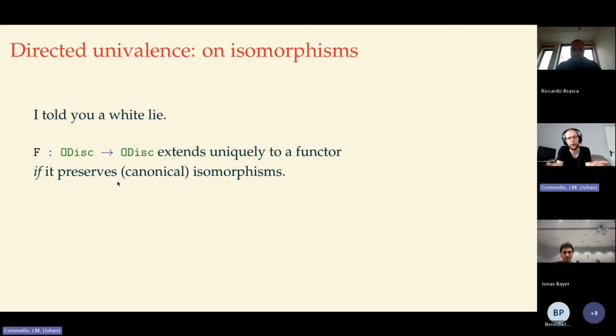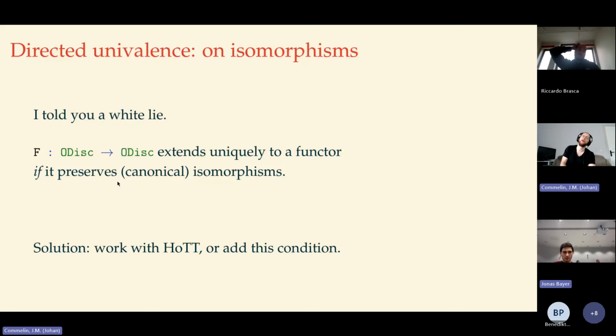So they're really canonically isomorphic, and you have to deal with this. And so really you need to do one of two things. Either you say, well, we add the classical univalence axiom from homotopy type theory to our setup, and then we know that whenever two types are isomorphic, then they're equal, and functions preserve equality, so their images will also be